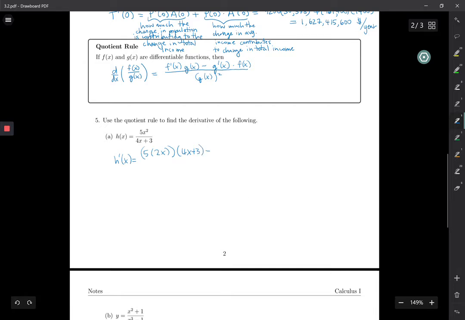And then, I'll clean this up a bit. And then we take the derivative of the denominator, which will just be 4, and we multiply that by the numerator. Okay. And then we have this over the denominator squared. Right? So we can simplify this a little bit. So we would get 10x times 4x plus 3 minus 20x squared